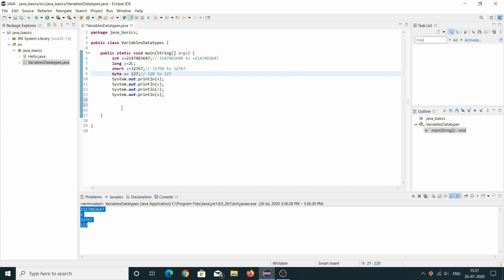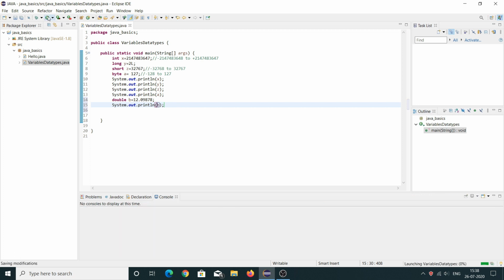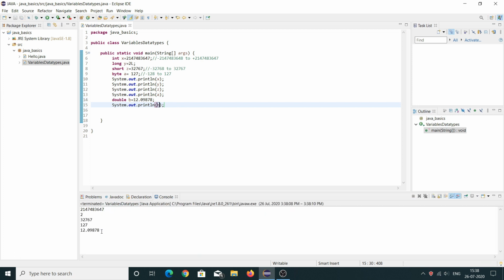So we have a data type called double, which can store decimal values too. Now let us print this also, and so now when it runs, this decimal value is also printed.